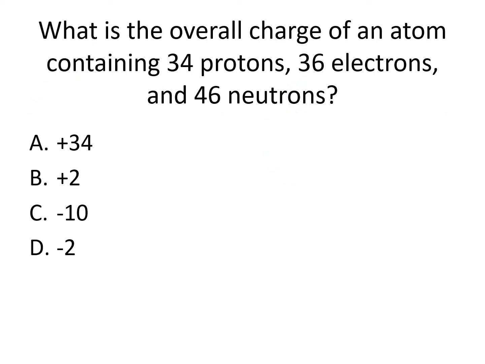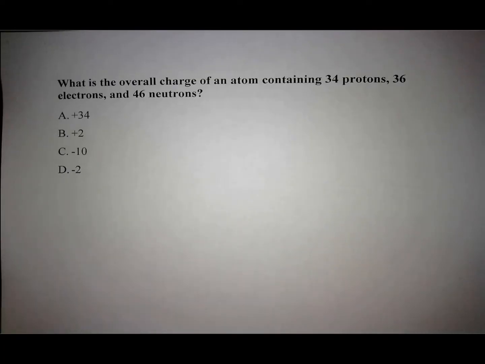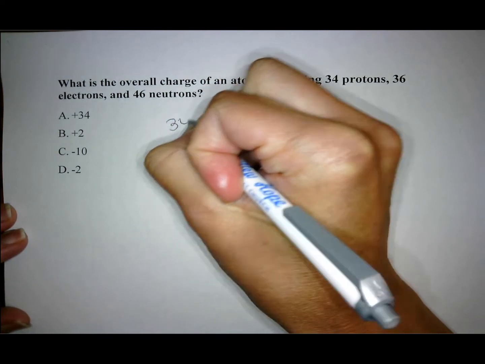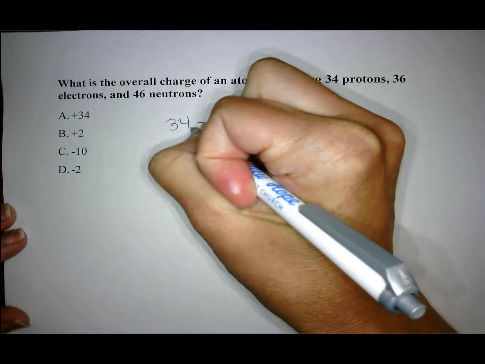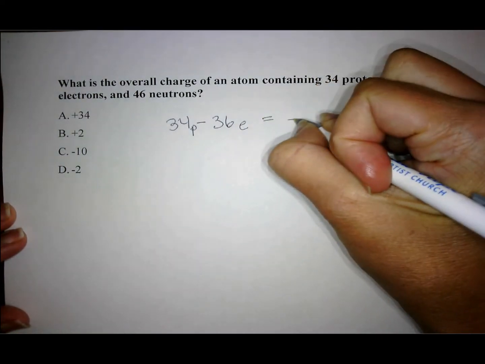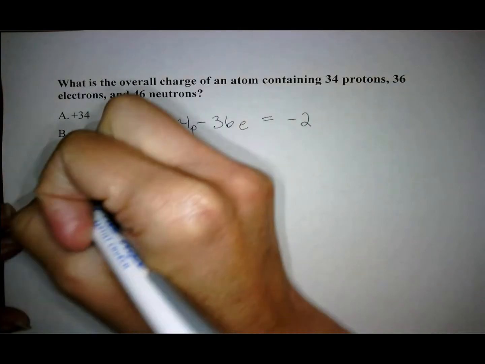What is the overall charge of an atom containing 34 protons, 36 electrons, and 46 neutrons? Is it A, +34, B, +2, C, -10, or D, -2? To find the overall charge, we can take the number of protons and subtract the number of electrons. So we have 34 minus 36, that's protons minus electrons, and that gives us a -2 overall charge, which is